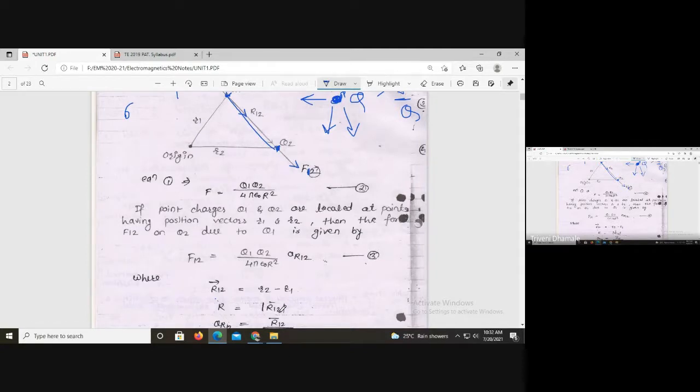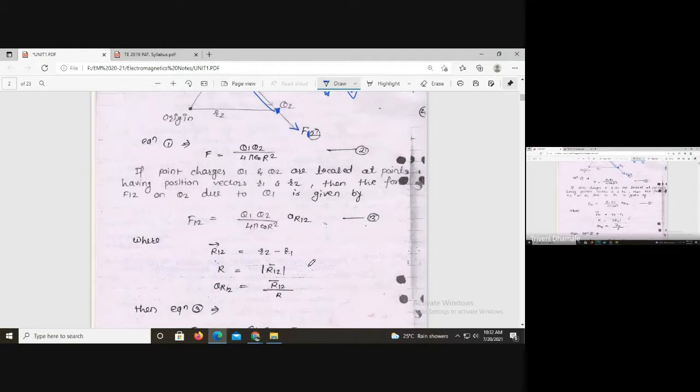So how to calculate the magnitude of R12 bar? First of all, find this vector and take the under root of Rx square plus Ry square plus Rz square. That means this is the magnitude quantity, simple R. Okay. So the unit vector along A bar, we have the formula A bar divided by magnitude of A bar. Now in this case, the unit vector along R12 bar is equal to R12 bar divided by magnitude of R. So this is simple.